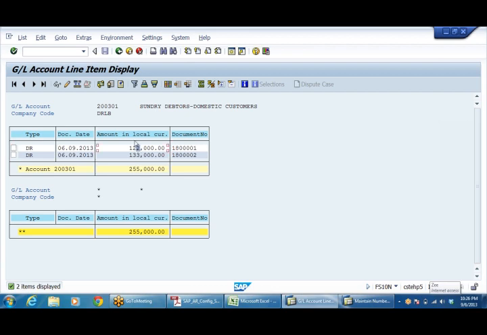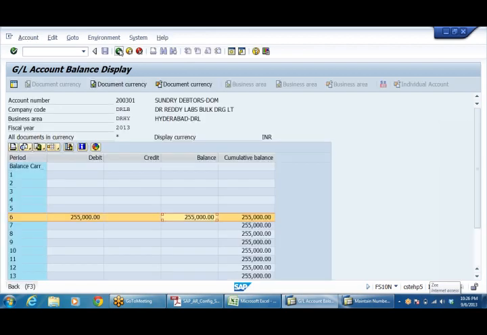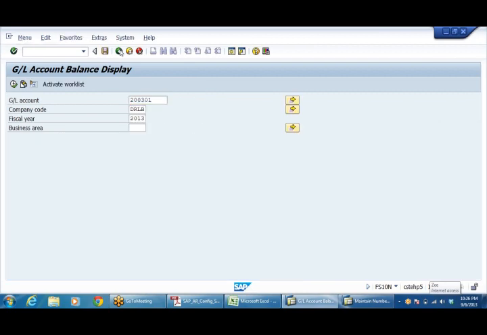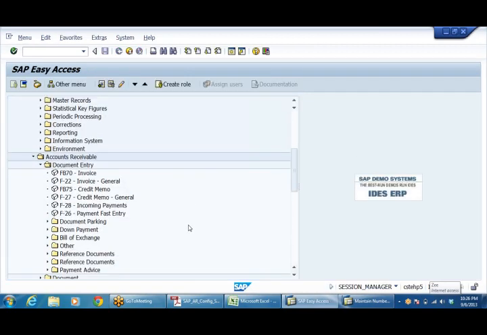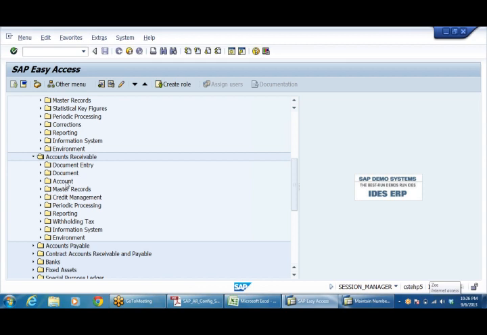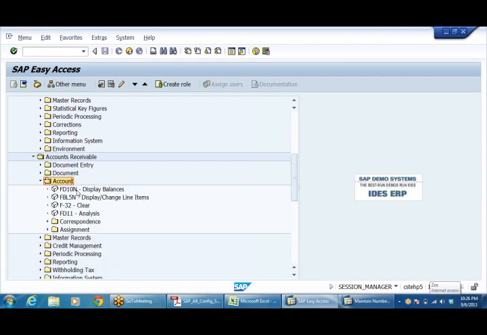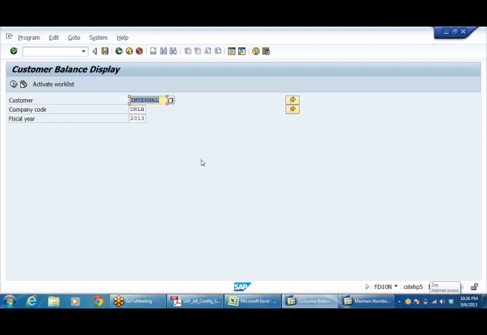For me in sundry debtors I am not bothered, but if I want to see my customer account, FD10N, this is nothing but the account of the customer. If you see this, you can view the customer account.